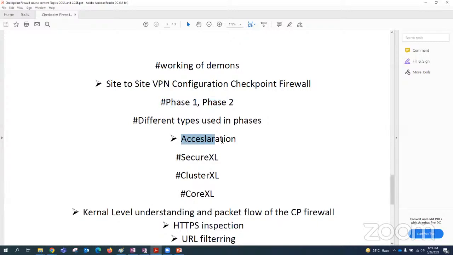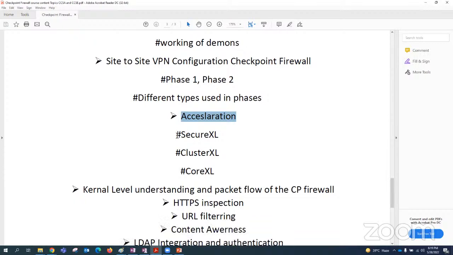For example, we have some acceleration methods on the Checkpoint firewall: SecureXL, security acceleration, ClusterXL, cluster acceleration, and CoreXL, core acceleration. Through these methods, we'll discuss what sort of operation you will be performing with each. For example, through SecureXL, you will be enhancing your security operations. If the packet is being inspected, it will be inspected more deeply now. Through ClusterXL,